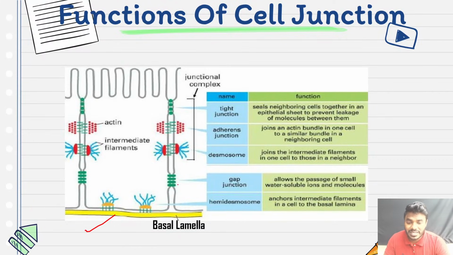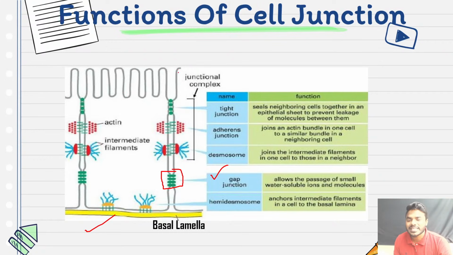Okay, now listen to my statements very carefully. The last and final one, the gap junction. The name itself indicates a gap, which means it allows the passage of molecules. Friends, please remember, when we use the word gap junction, it doesn't mean that it allows every single ion and every single molecule. No. Any ion or molecule to be transported through a gap junction should have a particular size. If that ion or molecule is beyond that size, it cannot be transported. We are going to discuss it very elaborately.